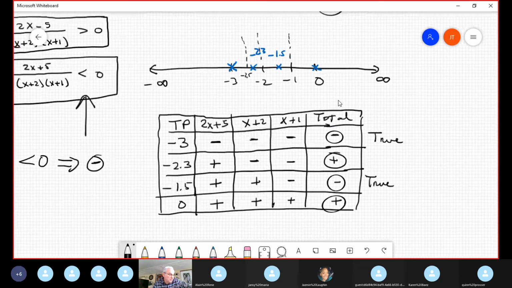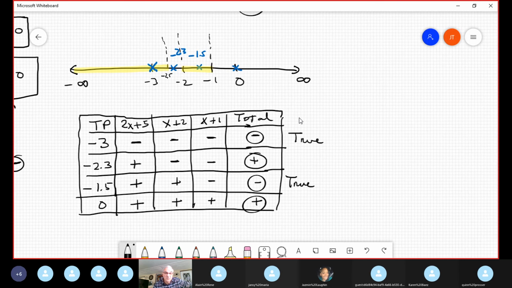Now, what's the final answer? Well, what is the testing point que pass the test? Well, negative 3 pass. So this interval is okay. One more, 2.3, no. 1.5, yes. So this interval is in between negative 2. So the interval is bounded by the 2 critical value. Okay, and that's it. Because 0, no. 0 failed. Okay, so what is my final answer? My final answer is then